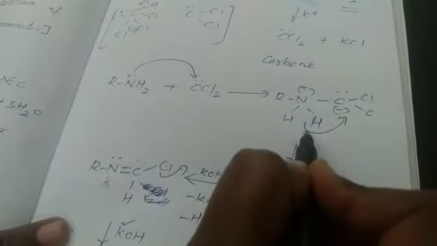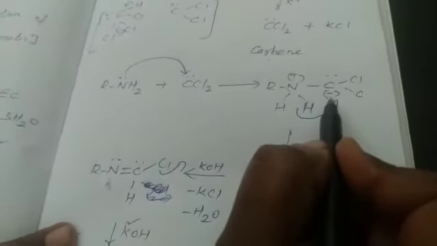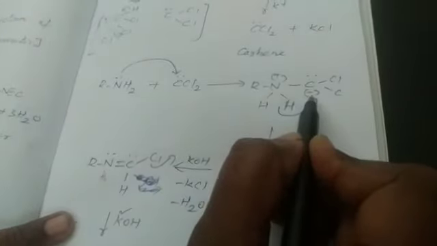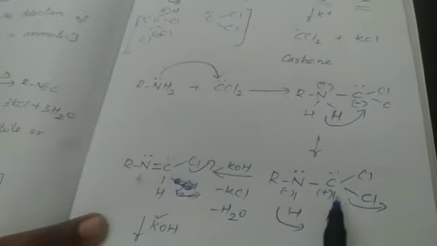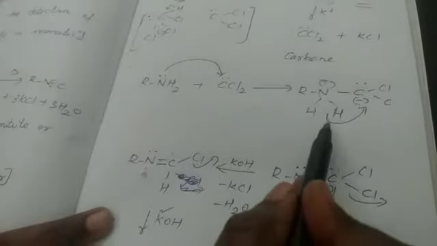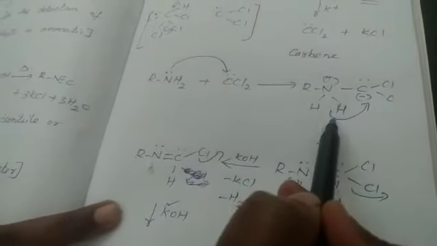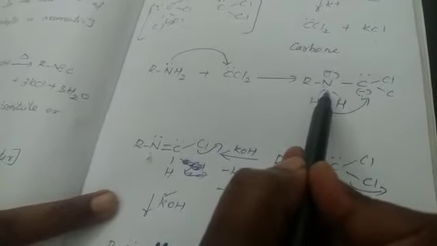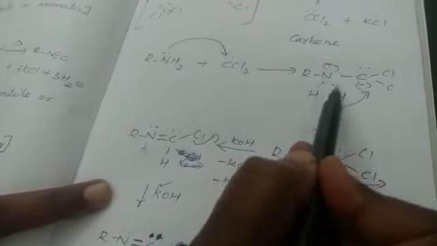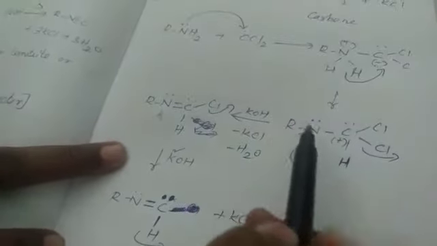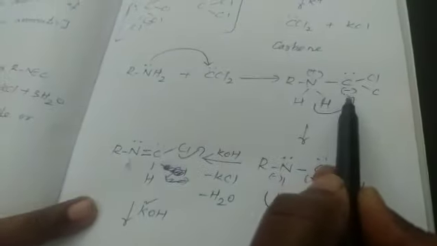This is the next step. Then what will happen is, if you remove this H as H plus, here we already have one negative charge. This H plus will get bonded with this carbon. So here there is a bond formation between this carbon and this hydrogen as a CH bond. If it is removed as H plus, again it will have a negative charge. That negative charge we can represent as a lone pair of electrons. Now this positive charge disappears because of the removal of the proton. So this H plus gets attached to this carbon atom.